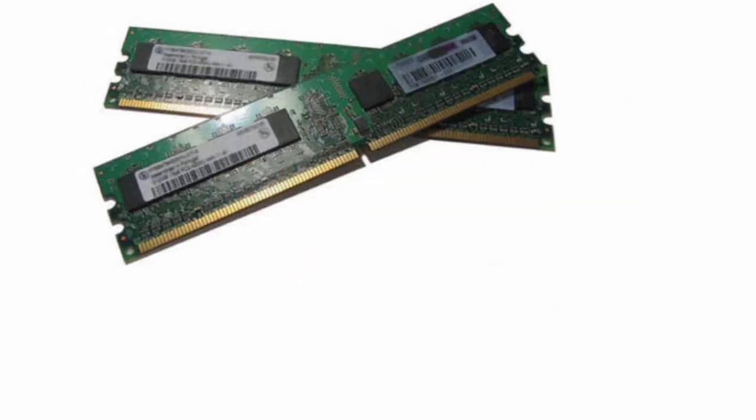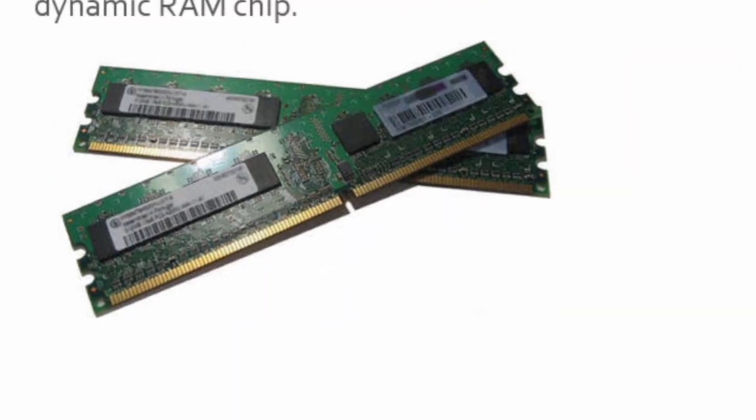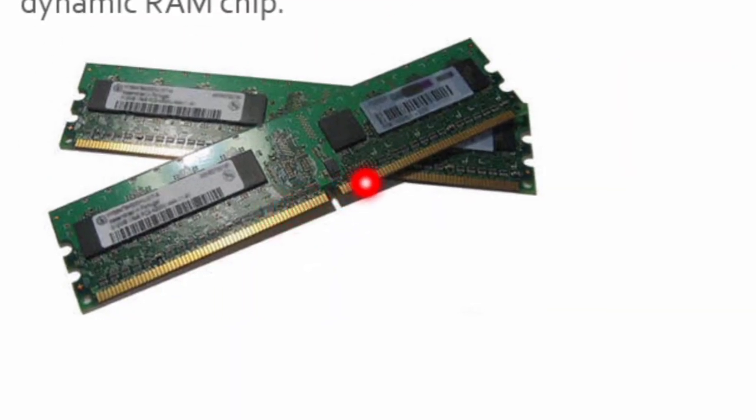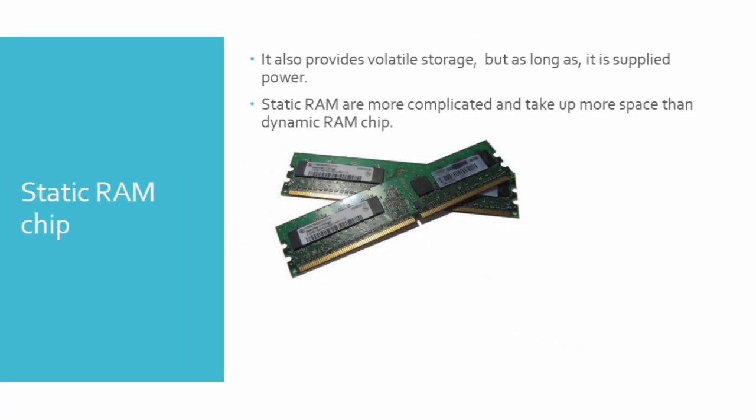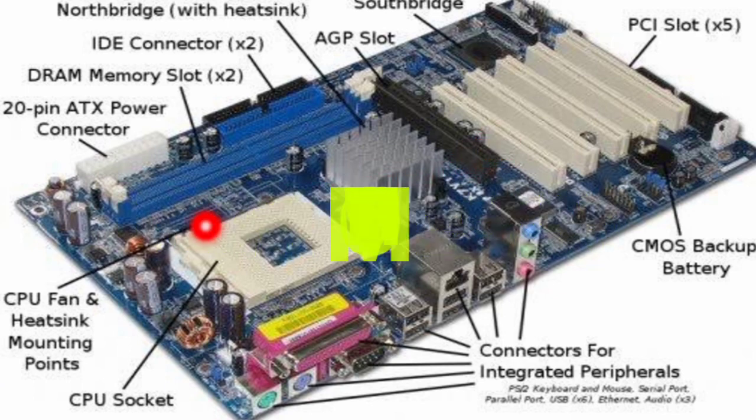This is an image of a RAM chip. You might have seen it connected to the motherboard. This is the place for the CPU fan, the so-called SMPS. The two important parts of a computer are, first, the motherboard. This is the motherboard. And the second one is SMPS, that you can call the CPU fan also. And it is placed here.